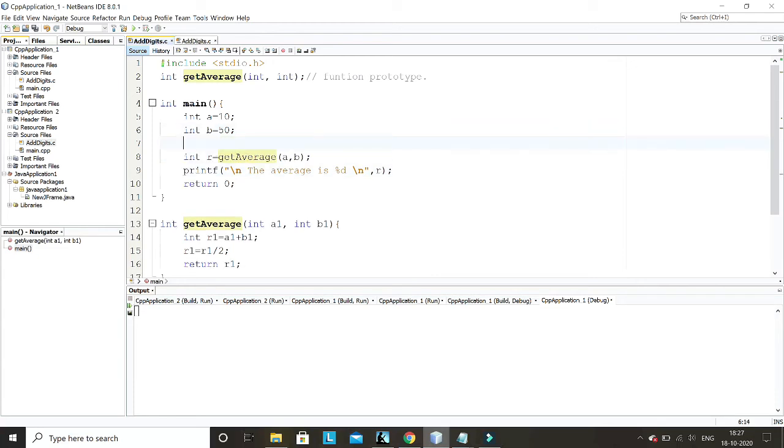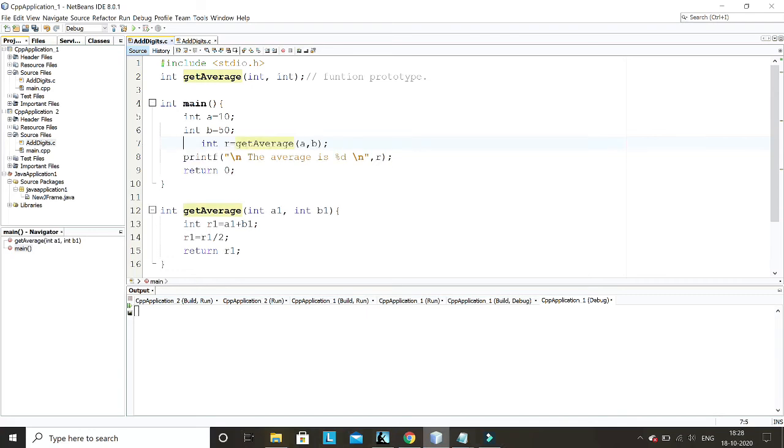This is the same as if I was writing float r1 equal to pow(b, a). What I said here is that this line will calculate B to the power A. So basically you are calling a function pow which is already defined in math.h. From here the control will jump to that function. That function will calculate B to the power A for you, and then the value will be returned, and that value is a float value. So the float value will be returned to you, and now the value will be stored in r1. The procedure is the same; internally you are also calling a function in that case.